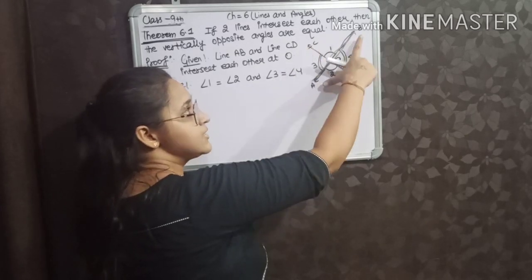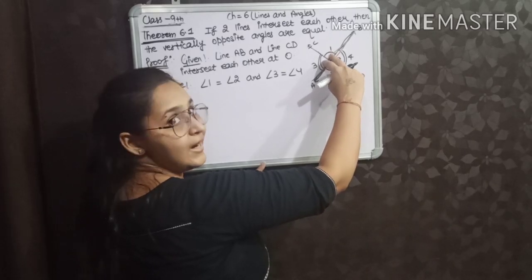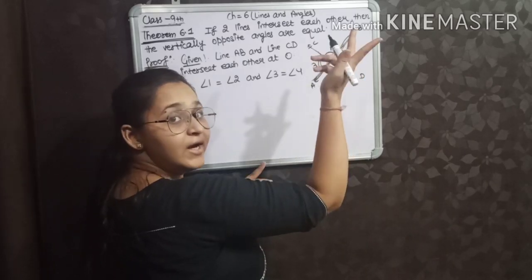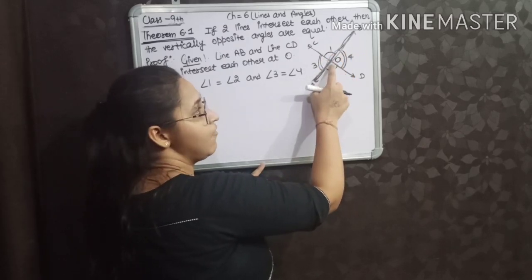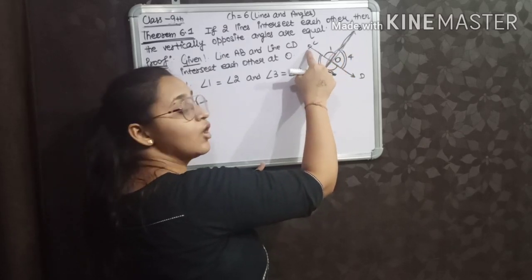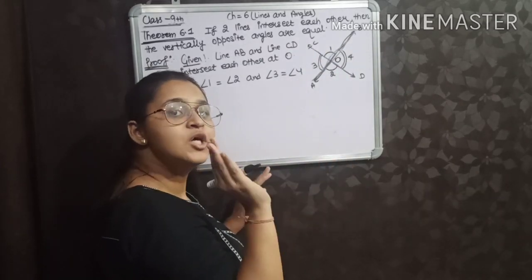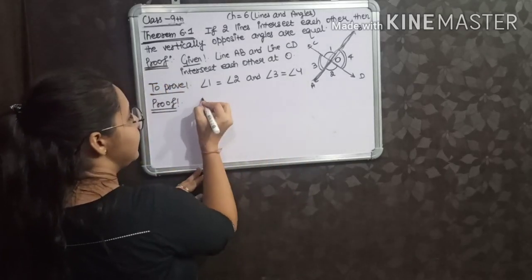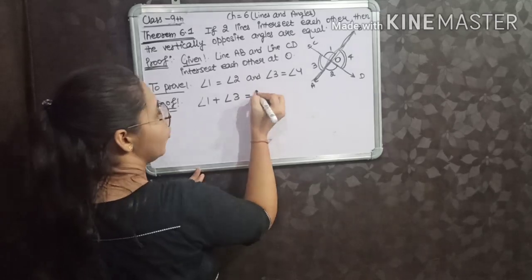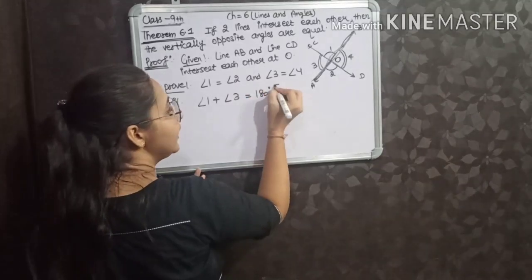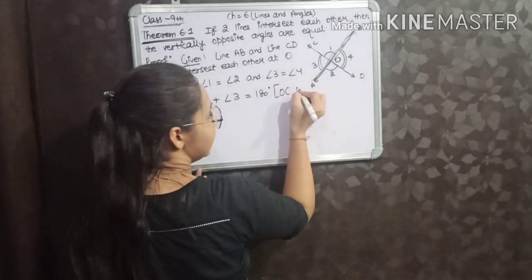A ray stands on a line, so the sum of these two adjacent angles is 180 degrees. Are these two adjacent angles? Yes, because they have a common vertex, a common arm, and their non-common arms are in opposite directions. So we can say that angle 1 plus angle 3 is equal to 180 degrees, because OC is a ray